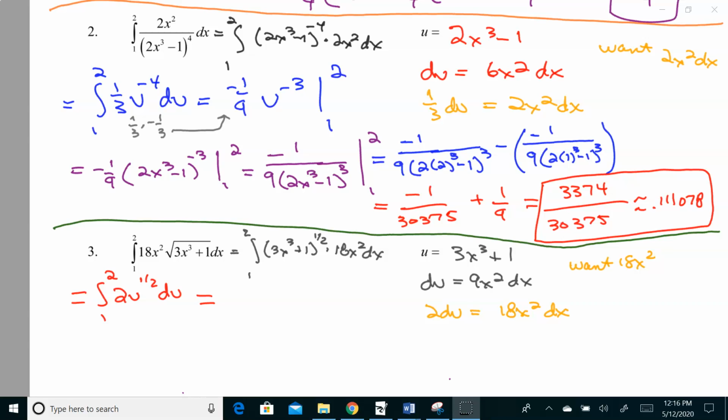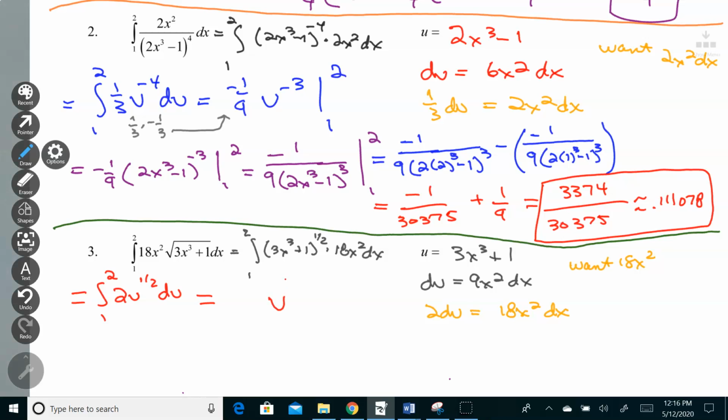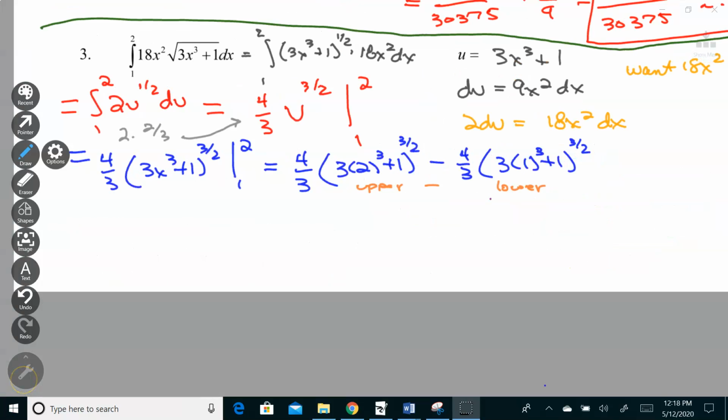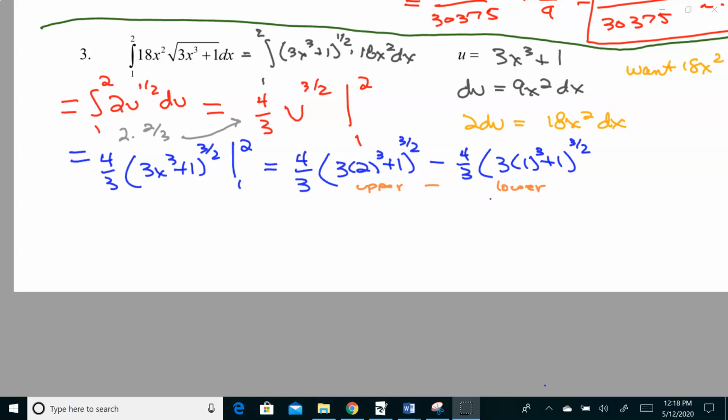Well, the antiderivative of u to the 1/2 is u to the 3/2. The reciprocal of that is 2/3 times 2. This is 4/3. And I'm evaluating from 1 to 2. So after I rewrote it with u, I got rid of the u and rewrote it as 4/3 quantity 3x cubed plus 1 raised to the 3/2, plugging in 1 and 2 as my limits. And you can see I plugged them in. I did upper minus lower, and I get